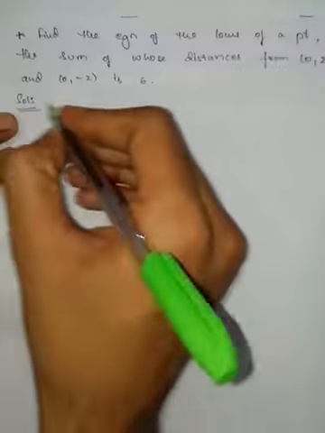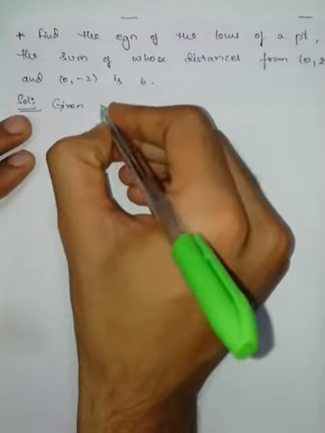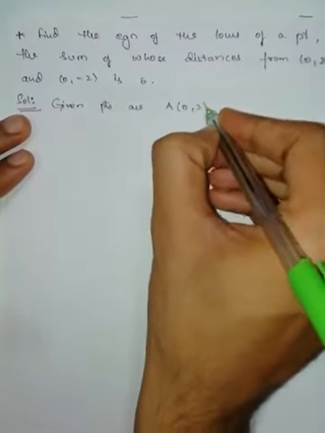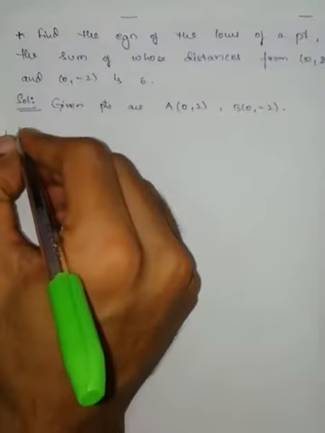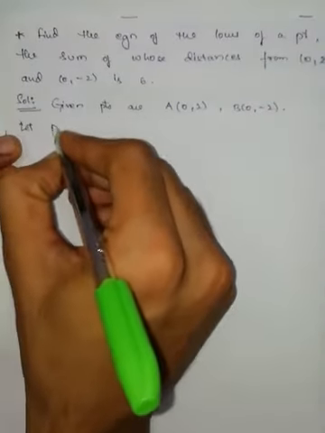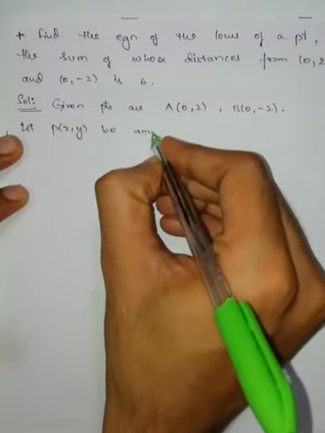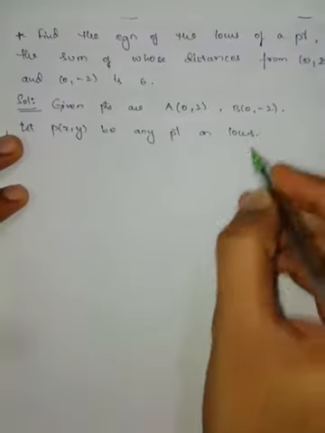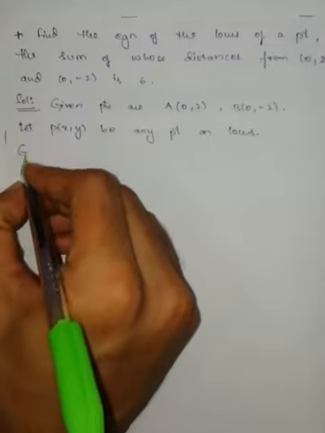Solution. Given points are A (0, 2), B (0, -2). Let P(x, y) be any point on the locus. Given condition